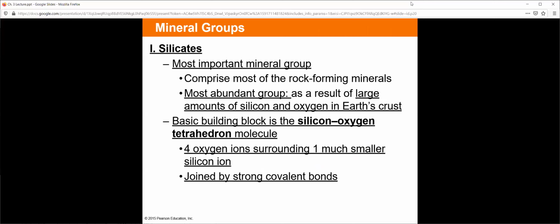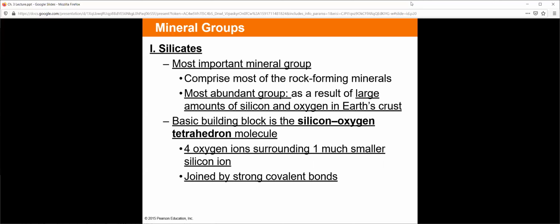Silicates. Silicates are a group of minerals. Group of minerals means, again, in the periodic table, you have your families and your groups. That is a way to categorize elements that have similar features or functions. Mineral groups work the same way. Silicates all have silicon and oxygen in their chemical composition, and silicates all behave in similar ways under similar circumstances. If I give you a rock and I tell you it's a silicate, and you know what a silicate is, you know things about that rock that I don't have to explain to you, right?